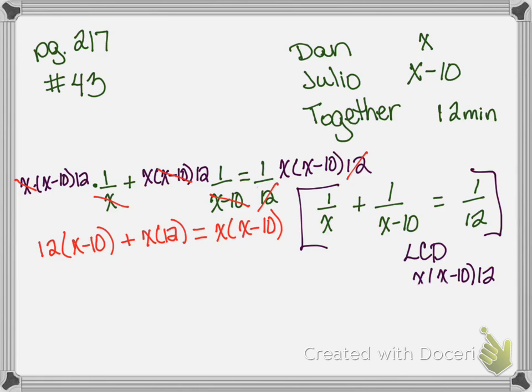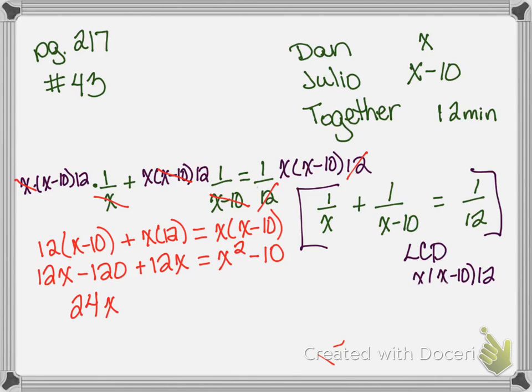Now I am going to simplify. So I have 12x minus 120 plus 12x equals x squared minus 10. Now 12x and 12x is going to be 24x. Then I've got my minus 120 equals x squared